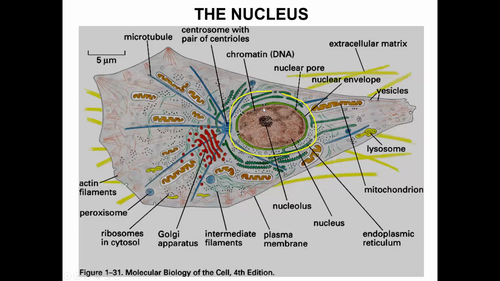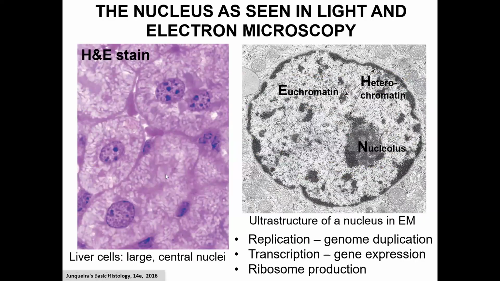Now let's take a look at the nucleus. This is a light micrograph. This is an electron micrograph. In light microscopy, you see the boundaries of the nucleus and some dark, very basophilic spots, and they probably correspond to the heterochromatin. But the real organization of the chromatin inside the nucleus is shown very nicely in a transmission electron micrograph. The dark spots are the compact chromatin, the highly compacted chromatin that is not